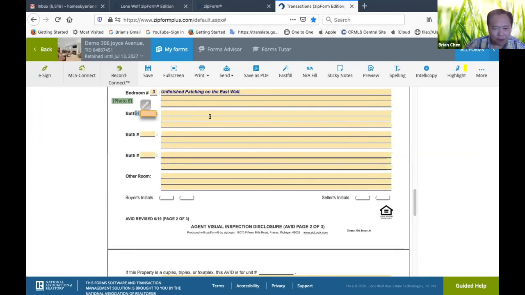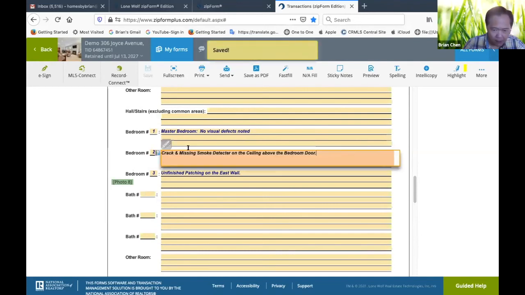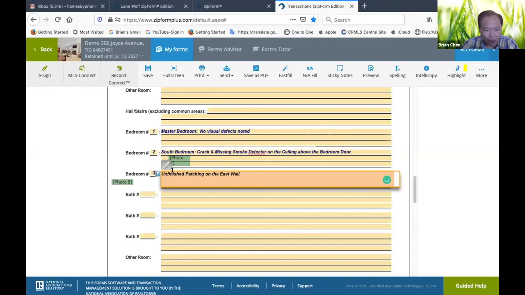And the bathrooms, okay? By the way, bedroom number 1, bedroom number 2, I would put, like, if it's the bedroom, I have the south bedroom or whatever. That way you can identify, because your bedroom number 2 may not be bedroom number 2 of another person. And there's no label on the door. So that way I use the direction as